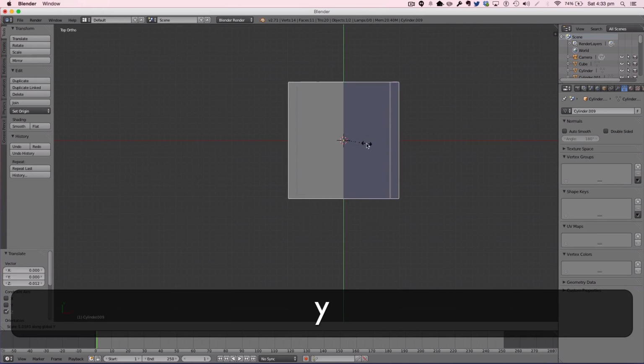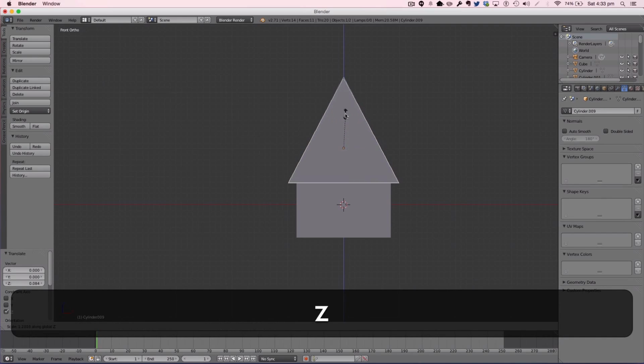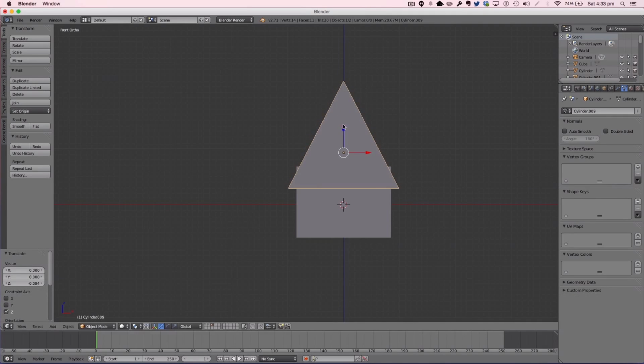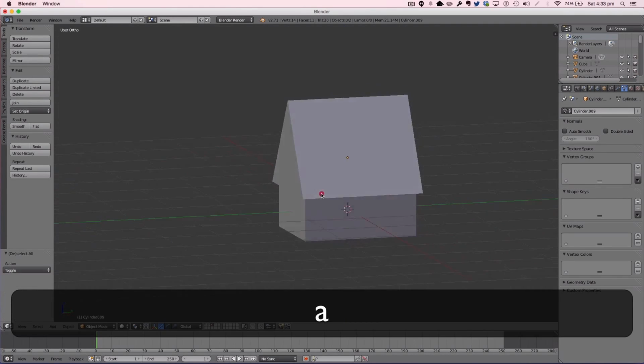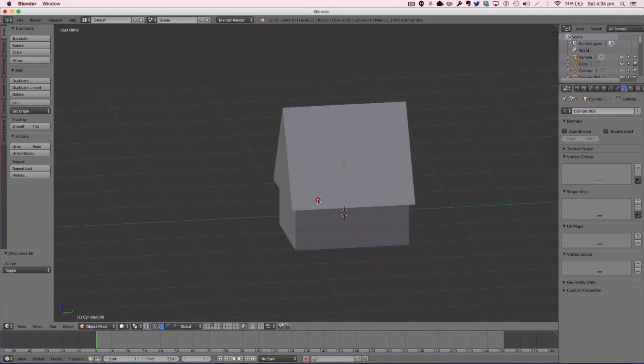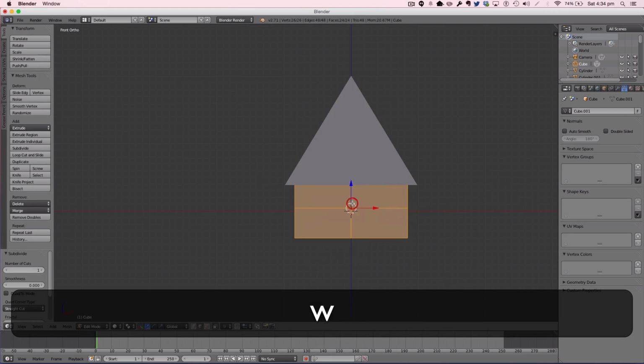Scale it long ways. And bring this guy up. Scale it up a bit higher so it's got quite a spired roof, and a bit too spired. House is looking good. Okay, to make the doors, I'm just going to subdivide this,